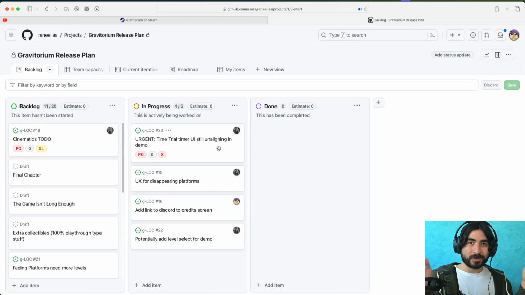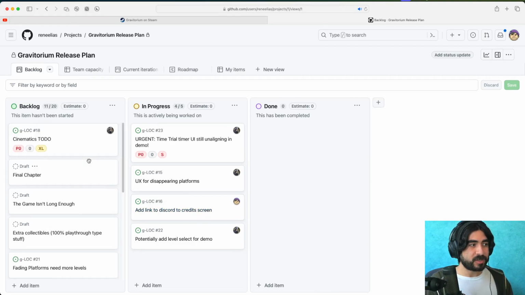The agile approach to making software, in this case a game, is to use one of these boards where you have a very quick, easy to understand glance at where the project is at, what's currently being worked on, what still needs to be done, and what is done. And that's what we have in this board here. We have the backlog, the in progress section, and done. And as you can see, my one task right now is to add a link to our Discord from the game, put it in the game somewhere. I'll figure some of that out today.